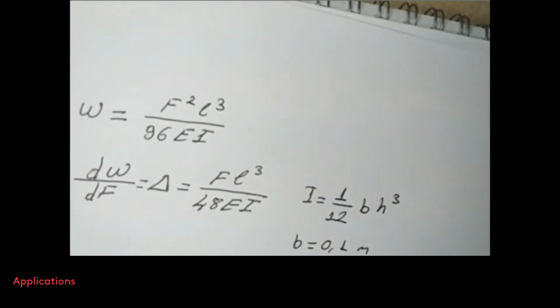Okay, sorry, the Young modulus is given as 75 gigapascals. So if you put all these values into this expression, what you're going to get is